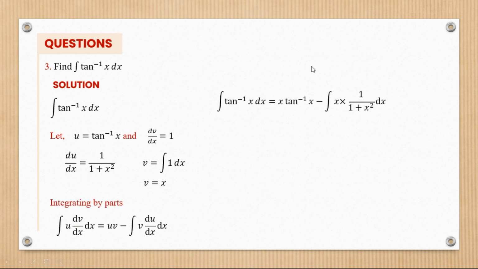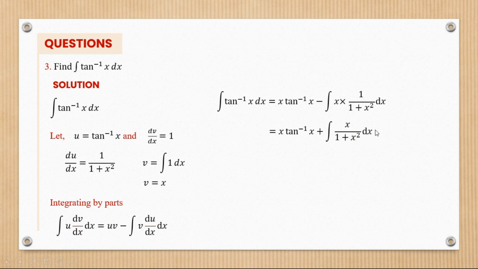We're going to substitute in the terms. So the integral of tan inverse of x dx shall be equal to, so these are our values for u. u, remember, is tan inverse of x, and then v is x. So x times tan inverse of x, that's why we have x tan inverse of x right there, minus the integral of, so where there is v is x times du dx, which is this, as you can see right there. So when we do that, we'll have x tan inverse of x plus the integral of x over 1